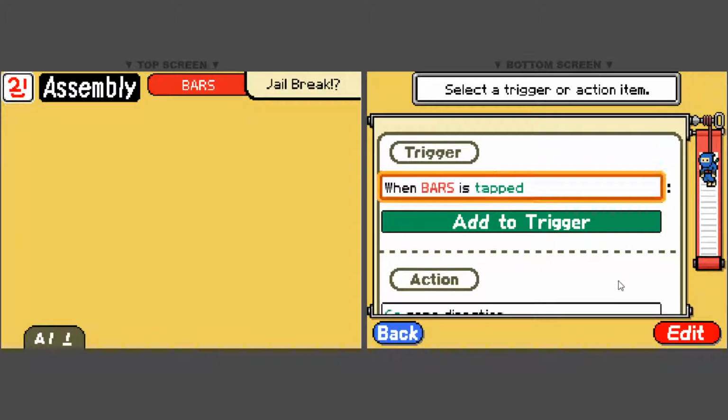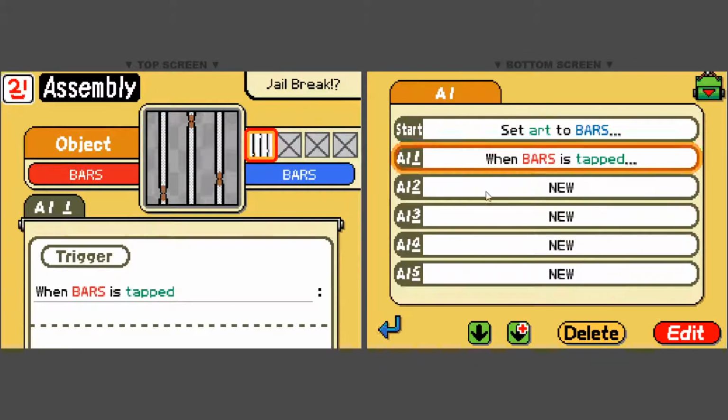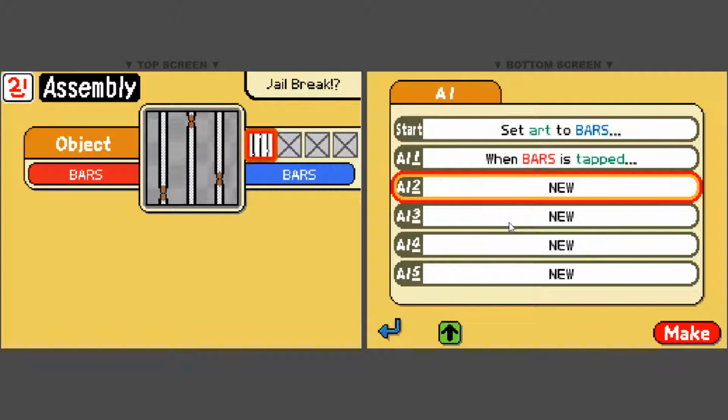Okay, so my current thinking is that perhaps we need 3 triggers. And 3 separate triggers, I should say, in different AI slots. So the first AI trigger would be when bar is tapped, as we have now. None of these yet. It will just be change to art palette 2, which will be a slightly weakened version of the bars. And then on this next AI slot, we will have when art 2